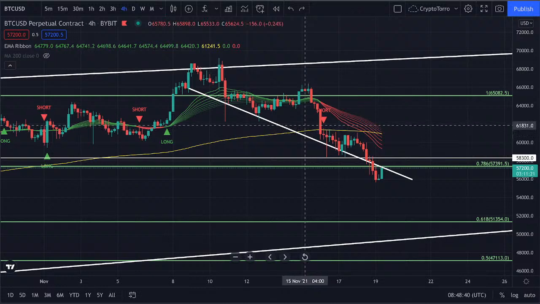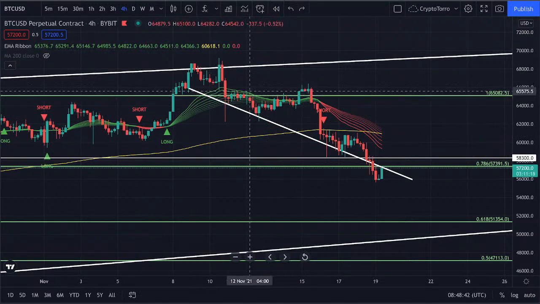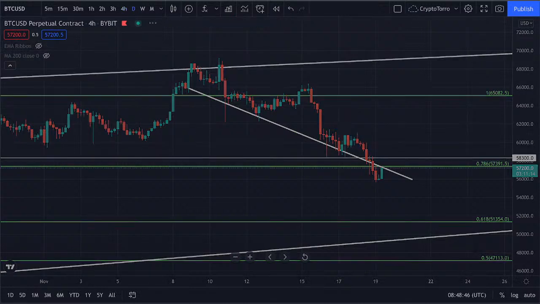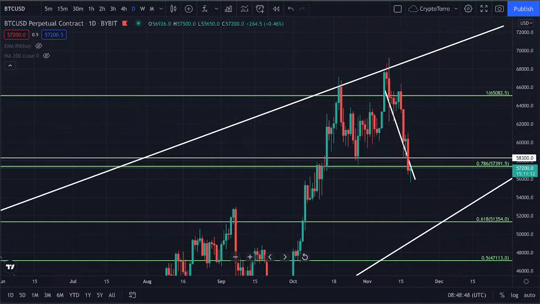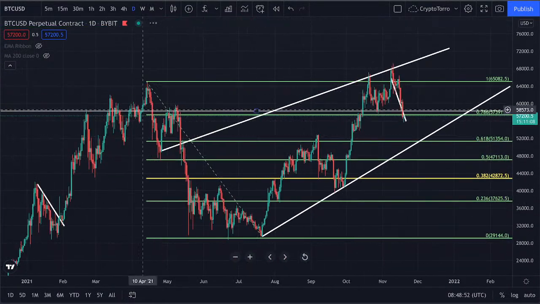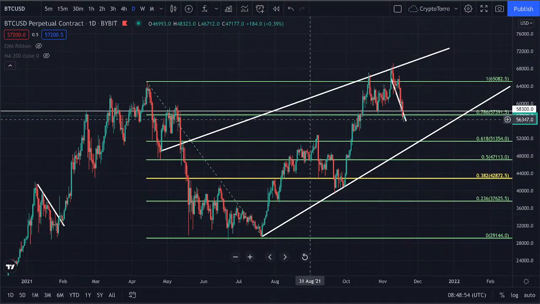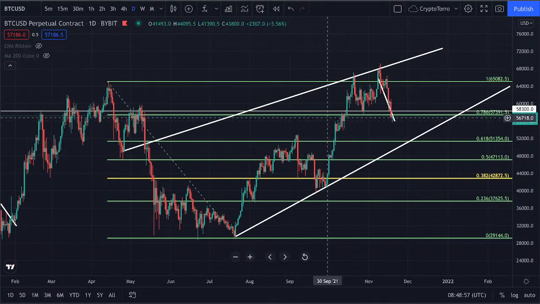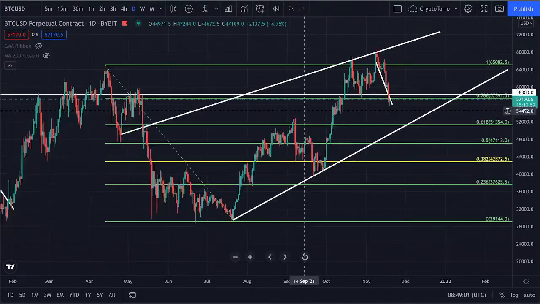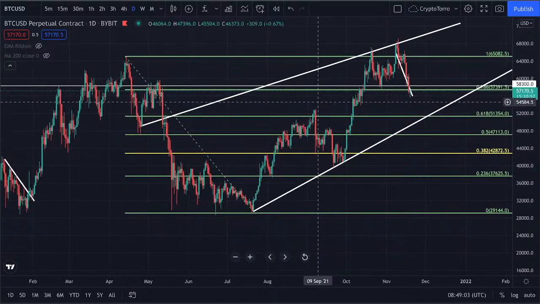Let's take a quick look at a few other things on the daily time frame. So if we take a look at the daily time frame, what I would like to discuss is actually something absolutely very important, and that is this major pattern that we are creating on the daily time frame. Why is this such an important pattern to me? It's because we have already seen multiple touch points for sure on both sides. So we have seen actually 3 touch points